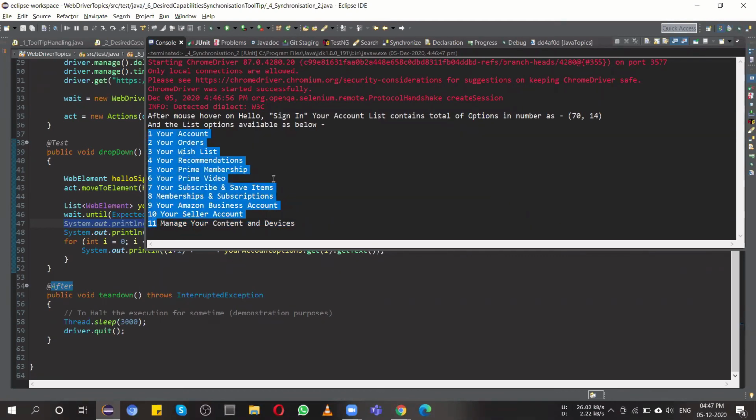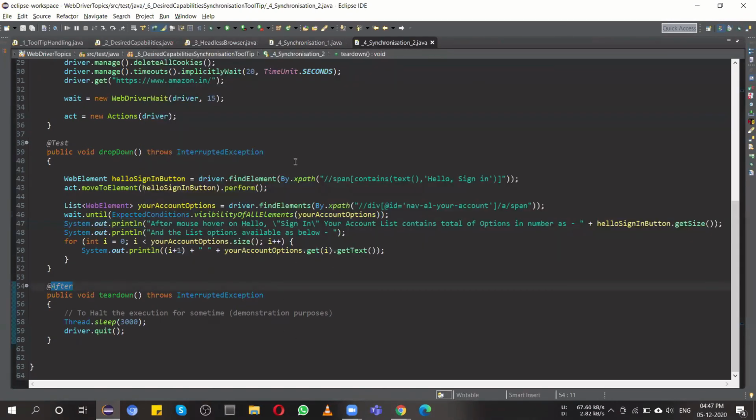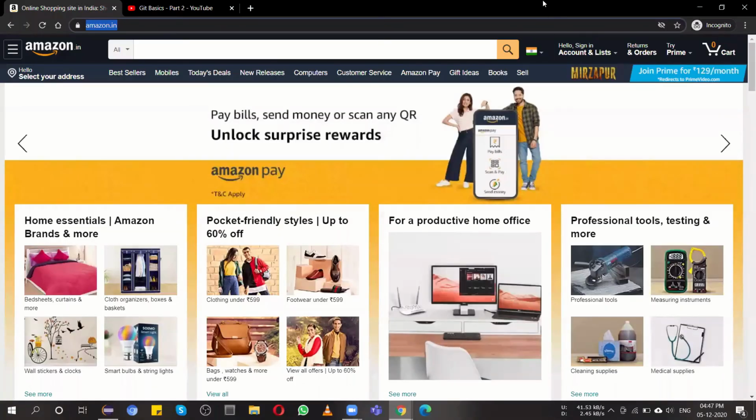So this means synchronization. You have to synchronize your script and tell it to wait until that particular element is displayed or loaded.